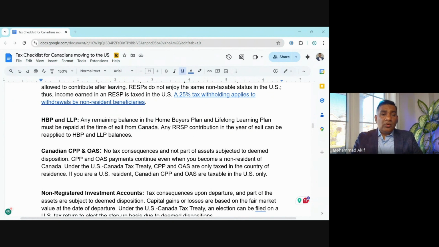Canadian CPP and OAS, these are all pension plans. Again, no tax consequences if you have them. The good thing is that once you do leave, if you have OAS and CPP benefits coming to you, Canada cannot tax you anymore. Then everything gets taxed on the US side, which is great, because otherwise you'll end up paying a lot more taxes on the Canadian side if you're leaving. So let's move on to